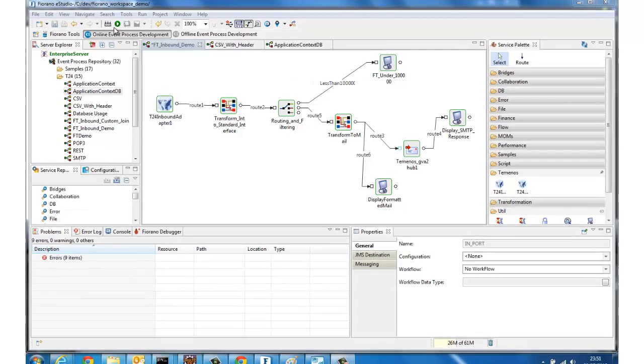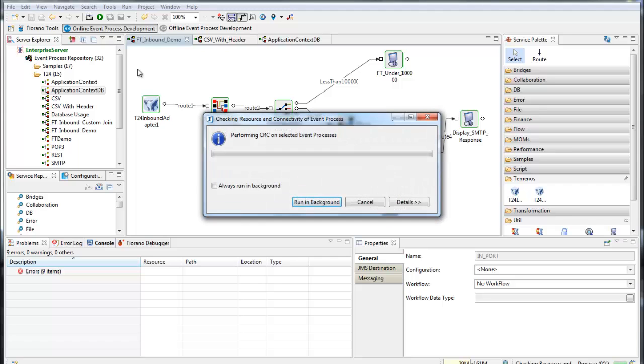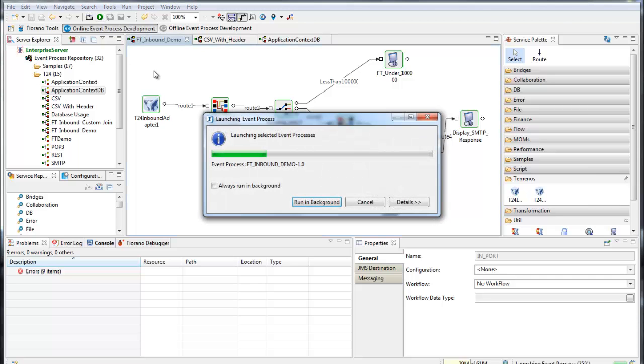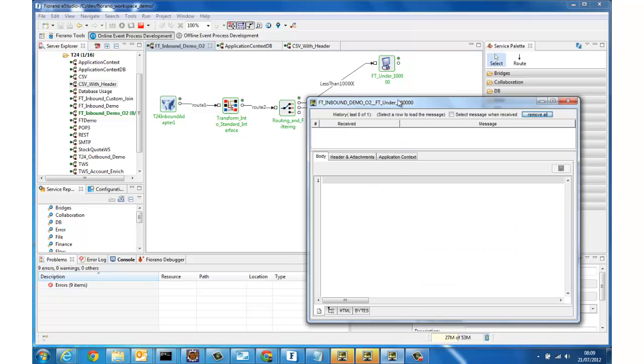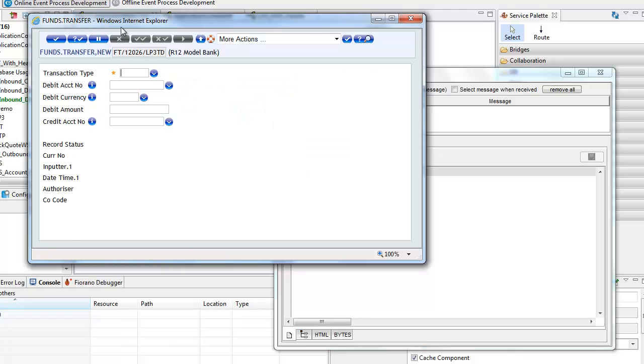So all that's left to do now is to validate my event process by clicking on that button there, and that will perform some semantic checks, and once they've passed, I'll click on the play button, and that will actually deploy my event process into the Fiorano server. So I can now bring up this display pane here, and if I enter an FT,